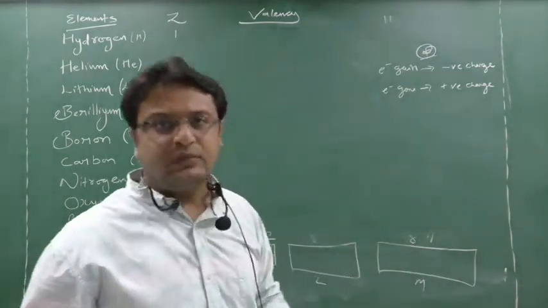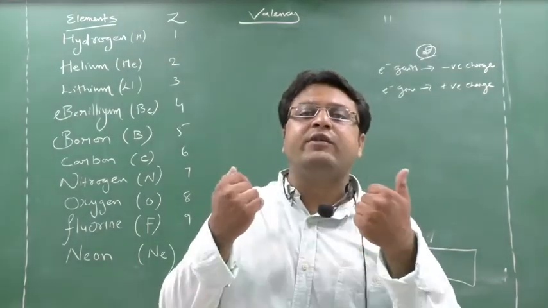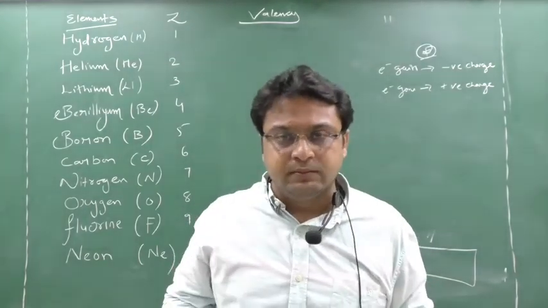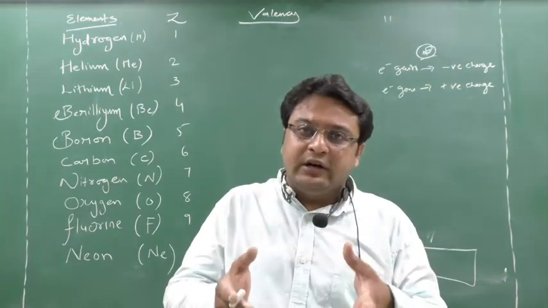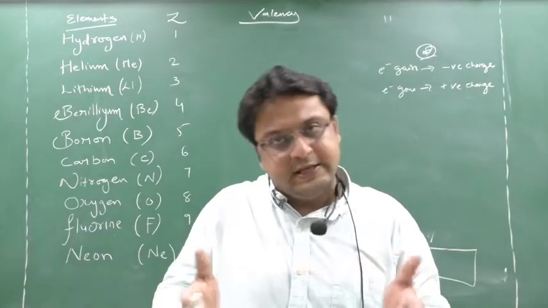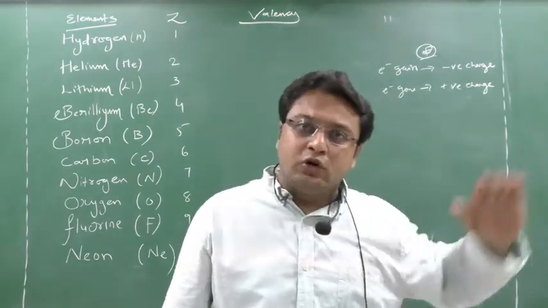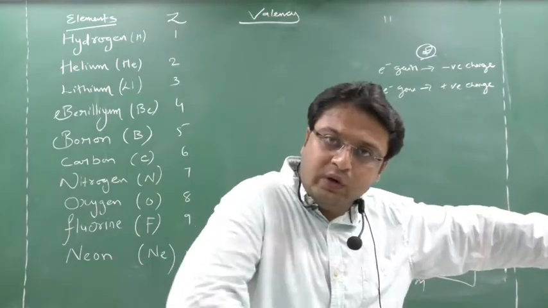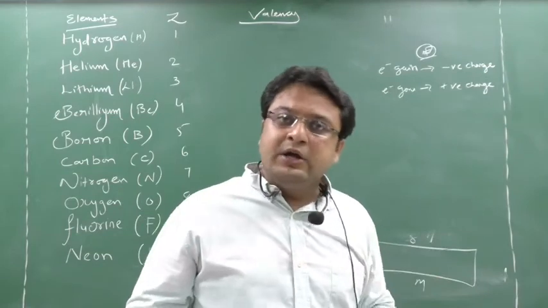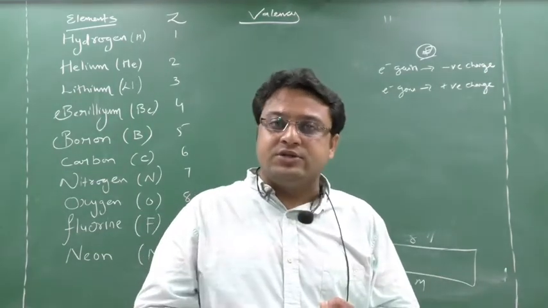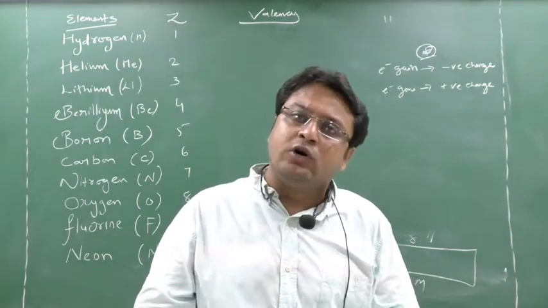Yes or no? See, it is also a common rule. If negativity goes, positivity will come. If negativity comes, positivity will go. It means electrons are coming and going. This whole story is based on what? Electron. If an electron is going, electron gone means negative charge gone. So who will come? Positive charge. If an electron is gained, negative charge will be developed. So electron is a negatively charged particle. That's why when an electron is gained, negative charge; electron gone, positive charge.